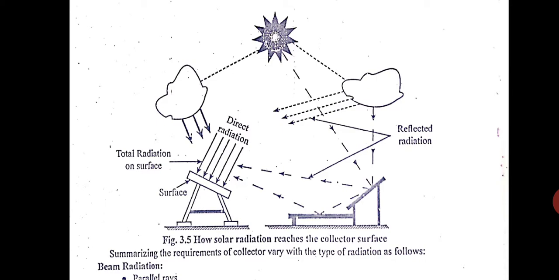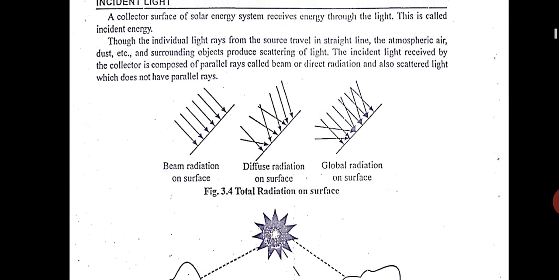And any other radiation which is coming, now you can see to the left there is a sky, clouds, and the sunlight is hitting the cloud and reflected back, that is coming to the surface. Or some other surface, some other buildings, that reflection is coming. Those radiations are known as diffuse radiations. Reflected radiations or diffuse radiation. So there are two types of radiation. One is direct radiation which comes directly from the sun, and second is which gets reflected either by clouds, other surfaces and all. This is known as diffuse radiation.